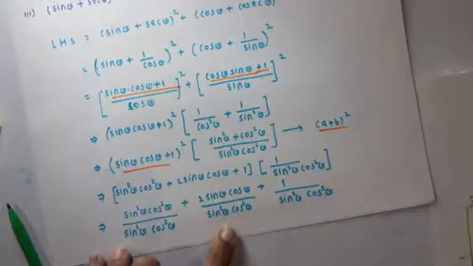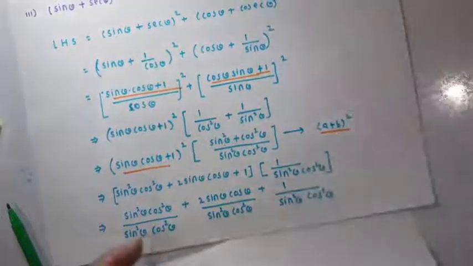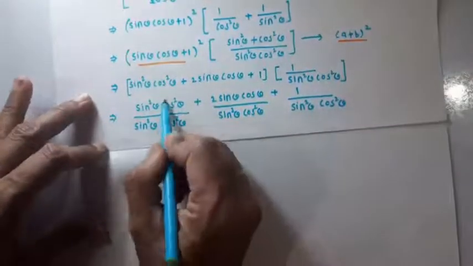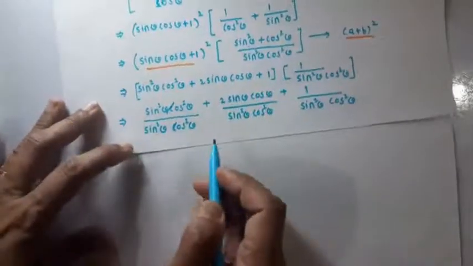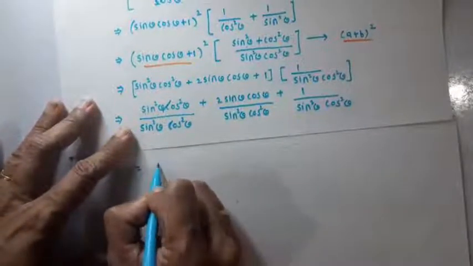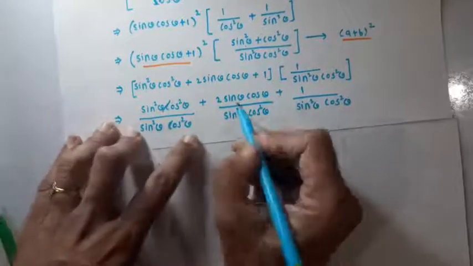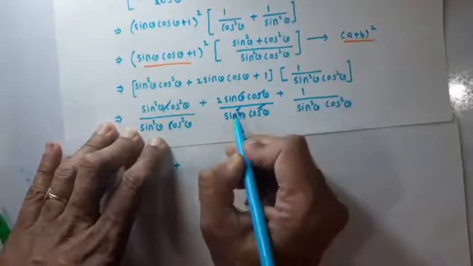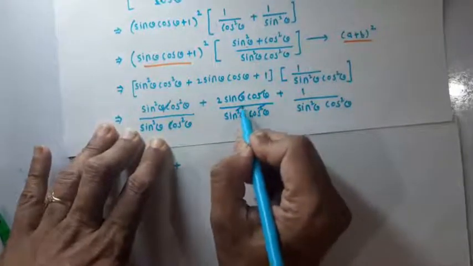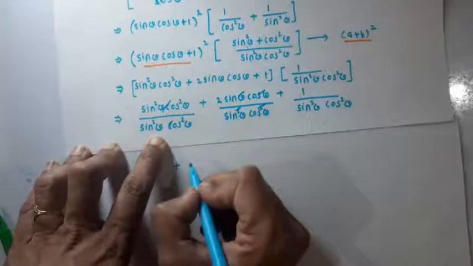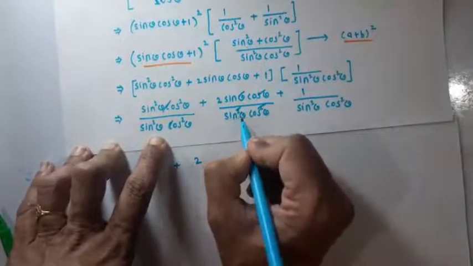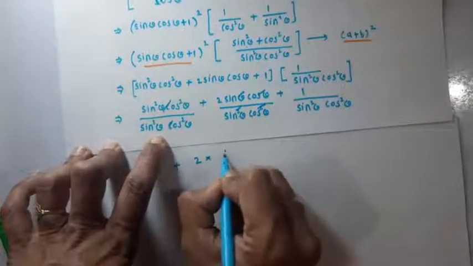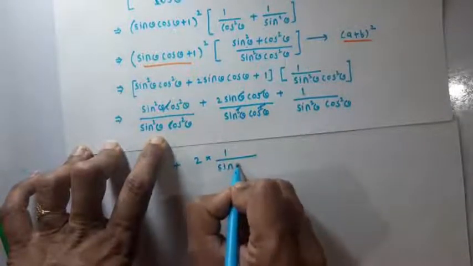Okay, in this way. Now sin square theta cos square theta gets cancelled, and we get 1 plus, out of sin square theta cos square theta, one sin theta cos theta gets cancelled, and 2 upon sin theta cos theta. This is 2 into 1 upon sin theta cos theta,